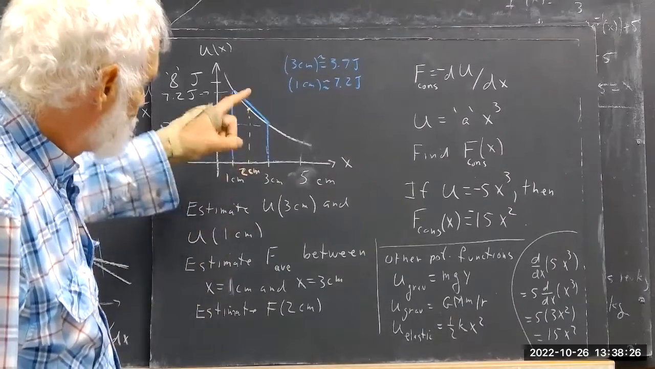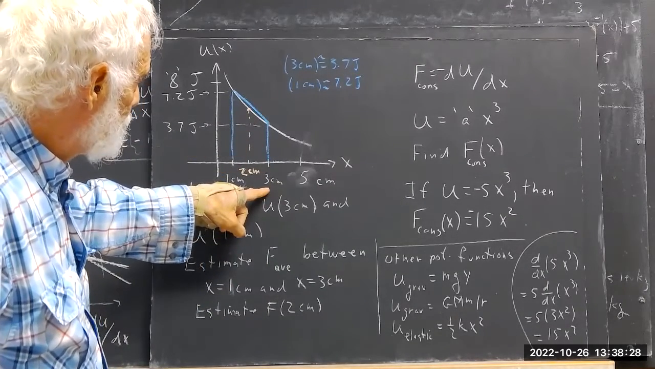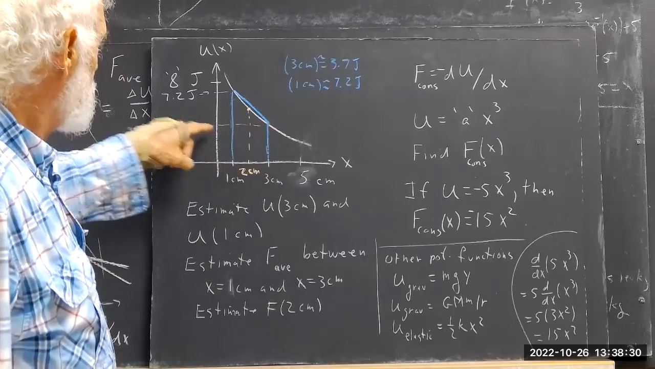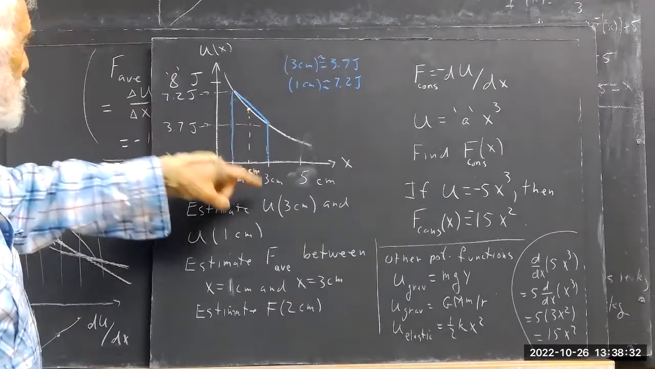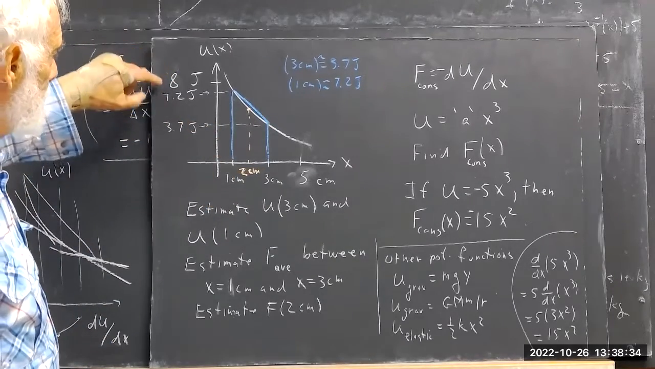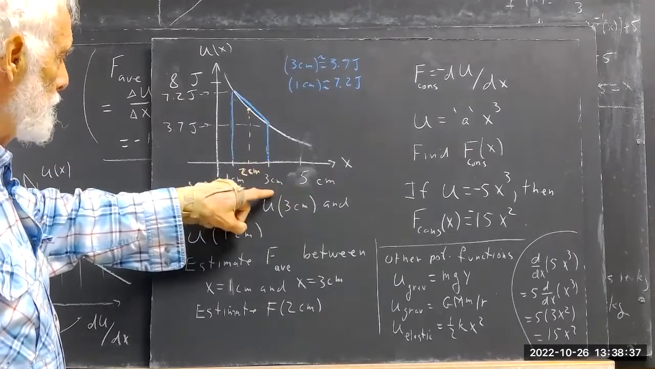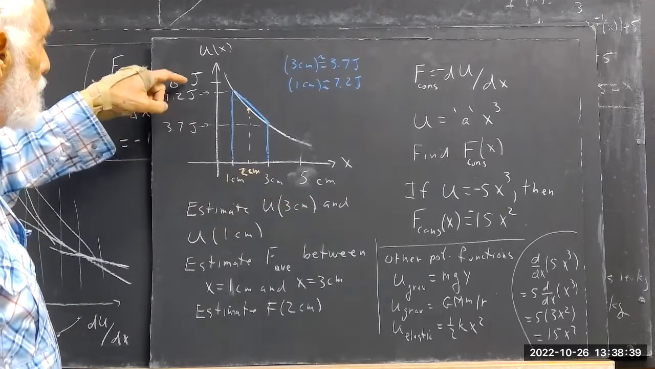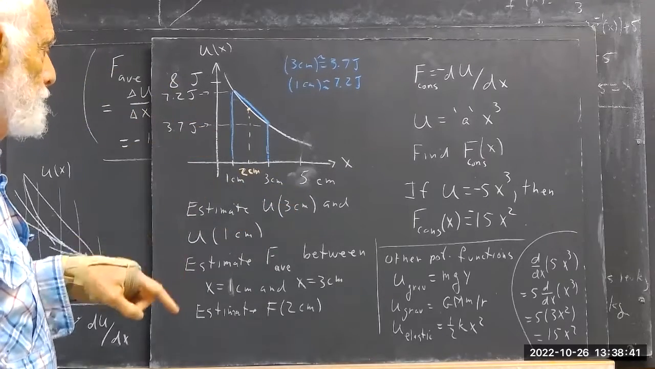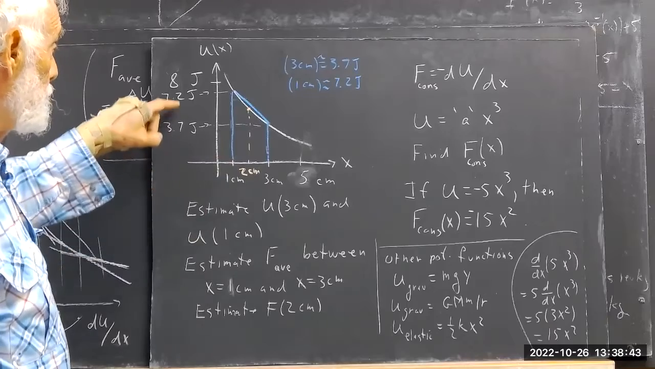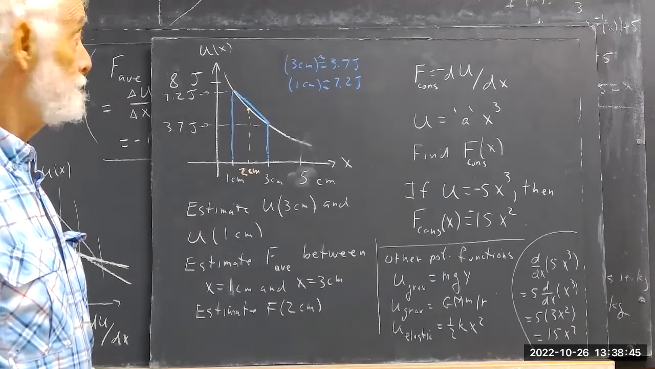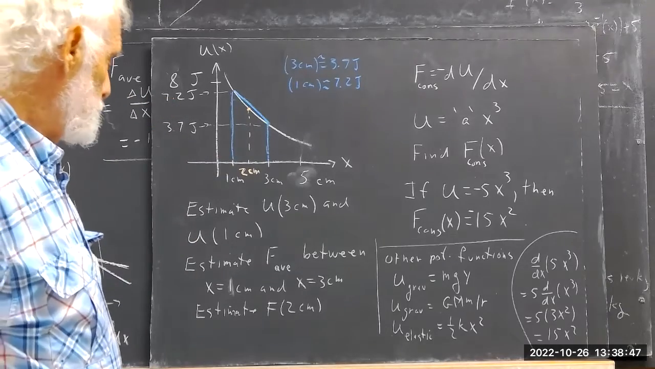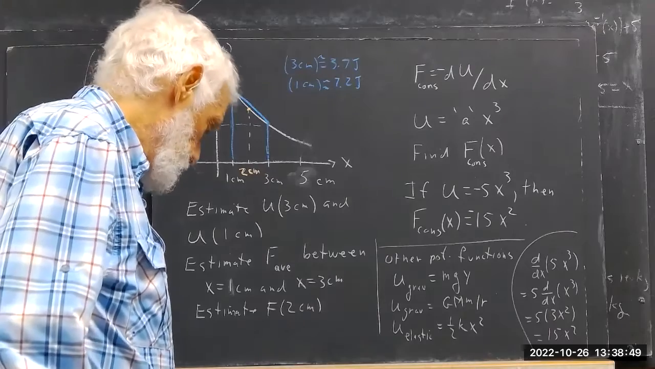Okay. So in any case, at 3 centimeters, we just do a projection. We estimate on the scale we have here. If this is 8 joules and this is 5 centimeters, here's 3 centimeters, here's 1 centimeter. This is 8 joules. What's this? Well, 3.7 joules, 7.2 joules. Okay. So our potential energy,